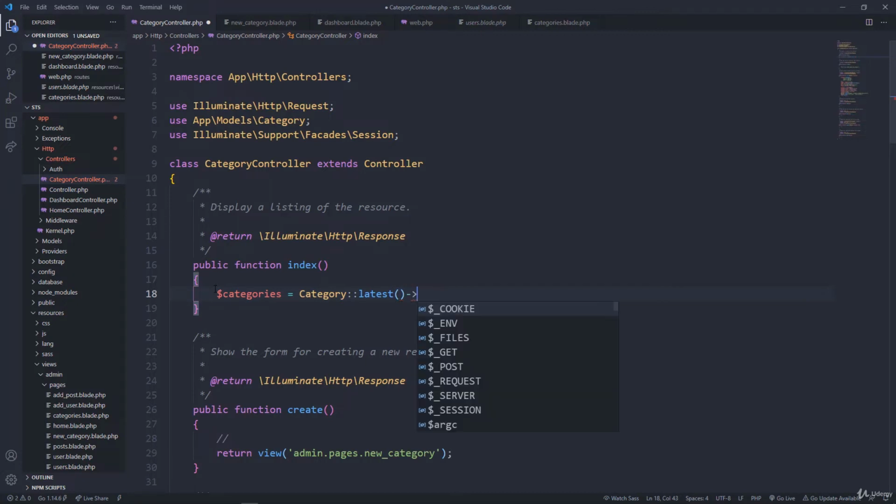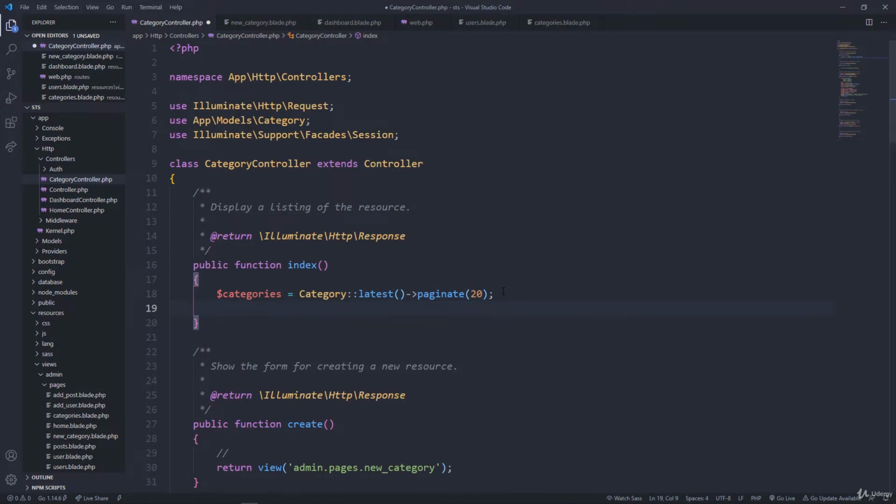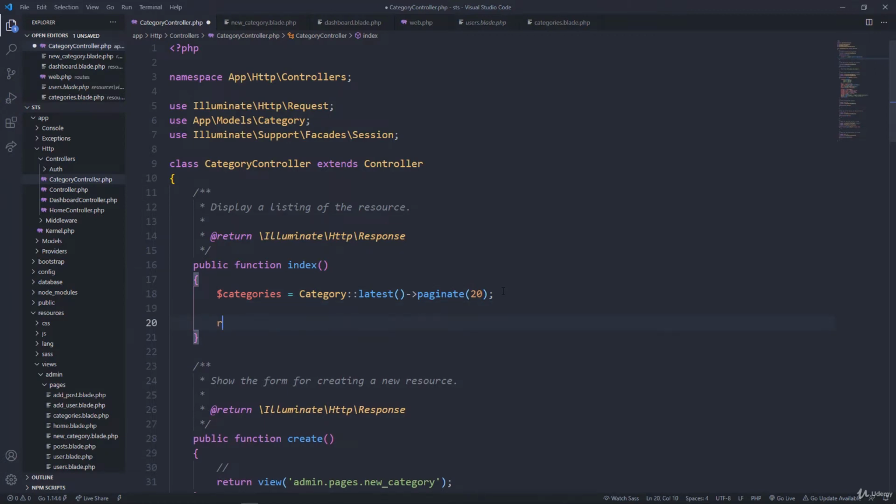So what pagination means is that we don't want to display all the categories. We want to display them in groups of 20. That is why we are fetching from the latest, the ones that were created latest, and then paginating 20 per page. Then we are going to return a view, and that view is going to be admin pages and then categories,